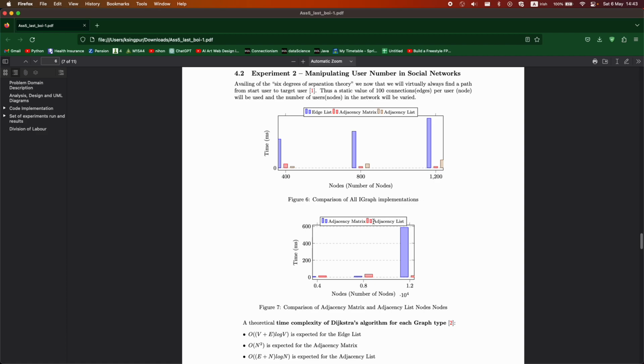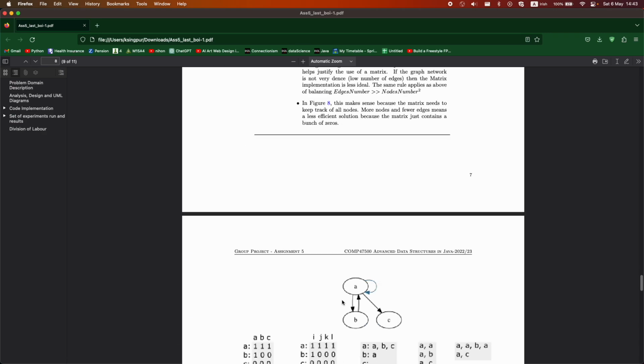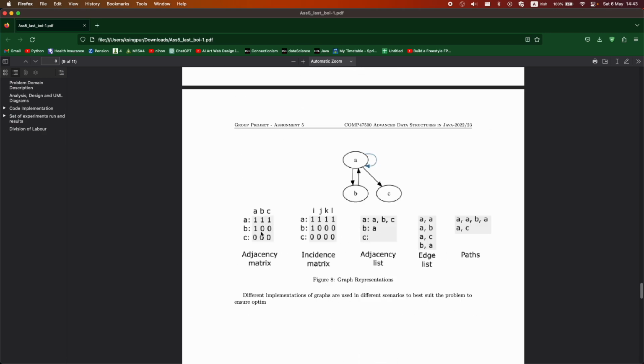Given the very important constant that the number of edges or the number of connections that each user has remains constant. So here we left it at 100. So each new user that joins will always have 100 connections. If we have more users, what happens? The adjacency list becomes more ideal. And this is quite clear from here that, if we had more users here, the efficiency of the matrix goes down